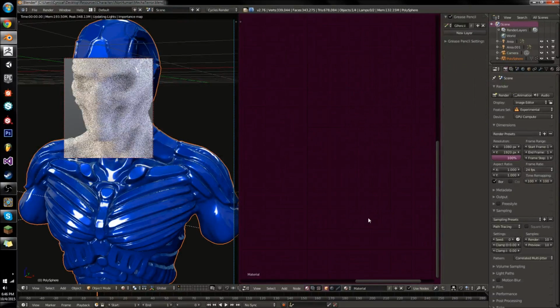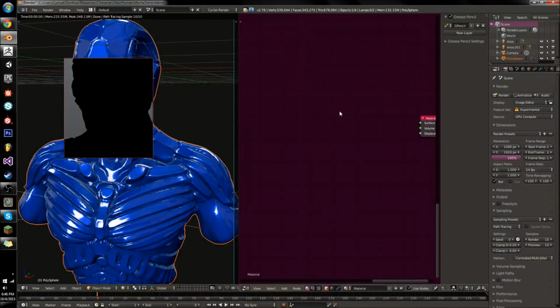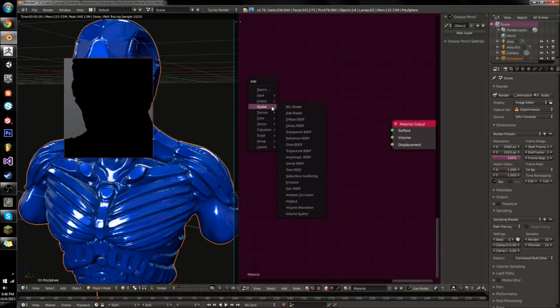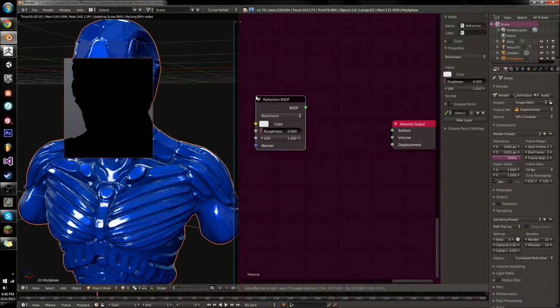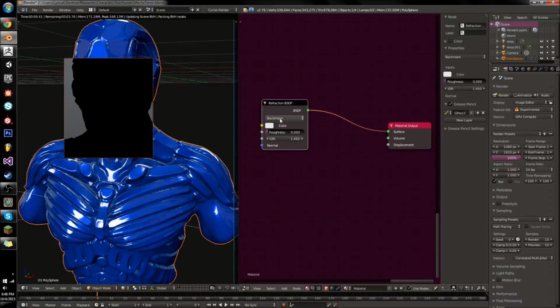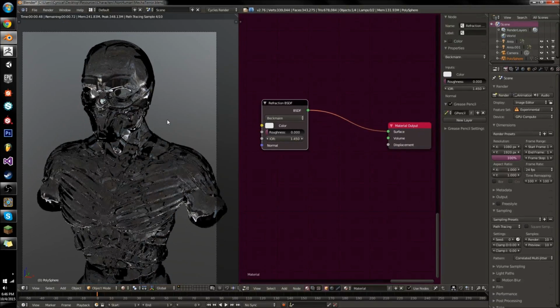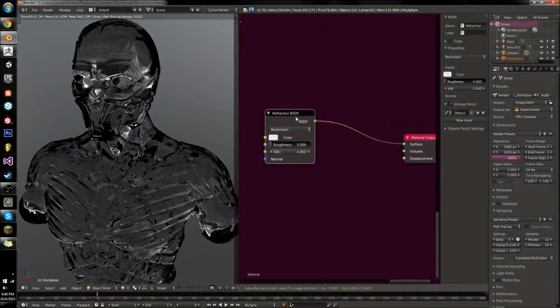But we also need to think about certain elements of the materials themselves, because sometimes we need to take into account the volume of the material, and this is kind of the final element of physical materials, especially glass. So if I add refraction real quick, and I can actually full screen this again,